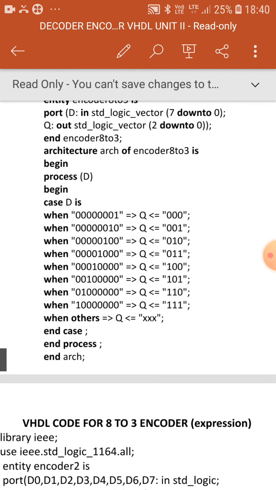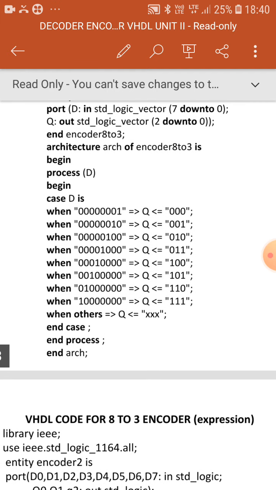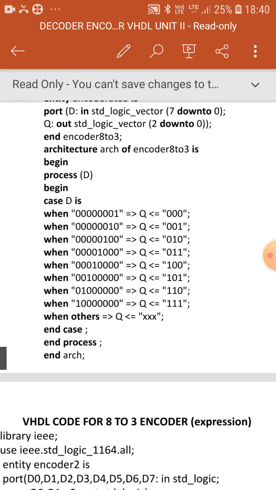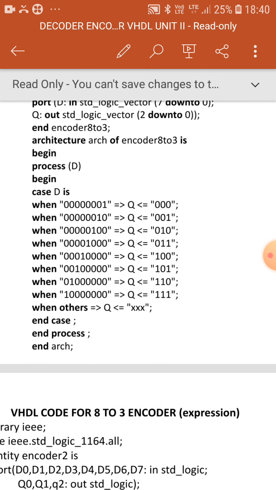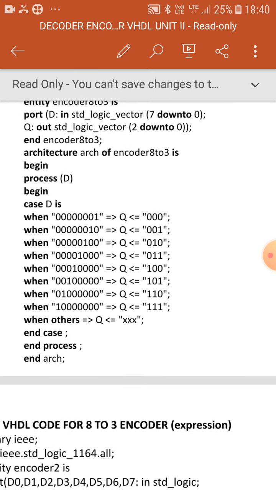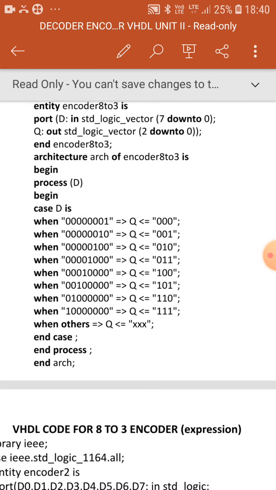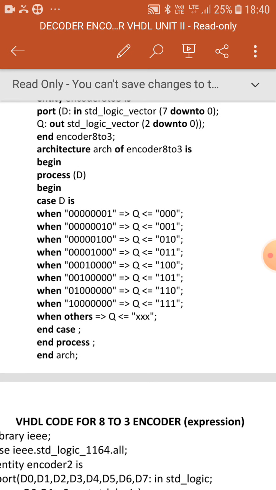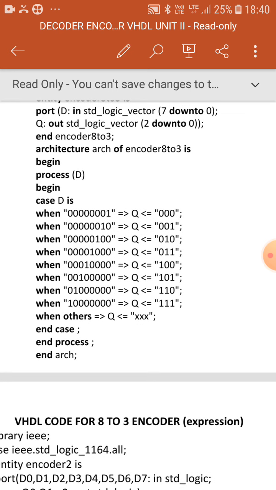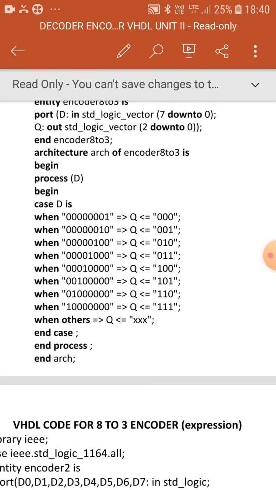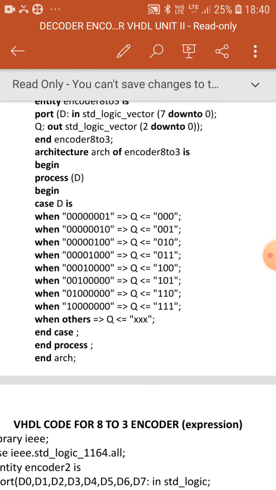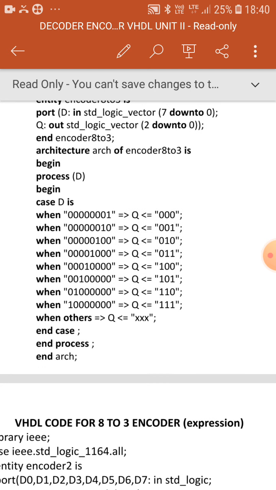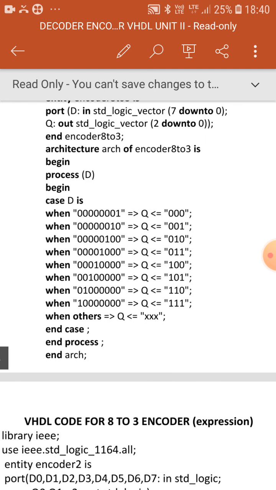That means when D is 00000001, which means if D naught is 1, then 000 will be assigned to Q. When D is 00000010, that means if D of 1 is equal to 1, then 001 will be assigned to the output Q.